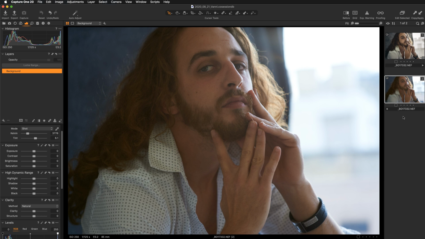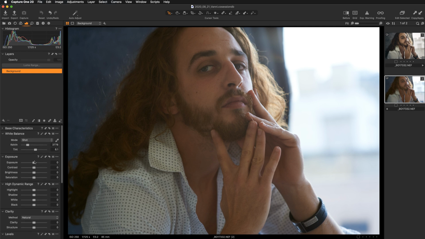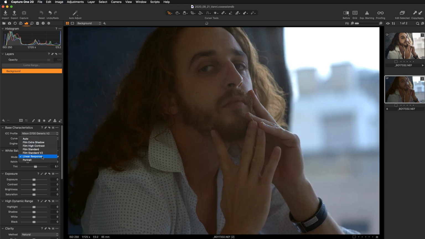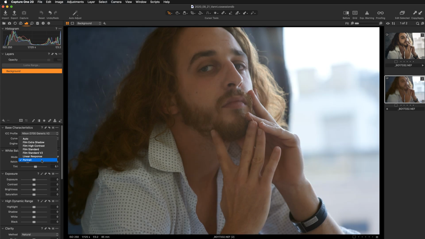First of all, let's take a look at our base characteristics setting. In our exposure tab, I'm just going to scroll here and take a look at base characteristics. You can see that Capture One automatically discovered the camera. I have taken the portrait with a Nikon D700 and it applied the auto curve. When I edit portraits, I always check if the image will look better with linear response or portrait,